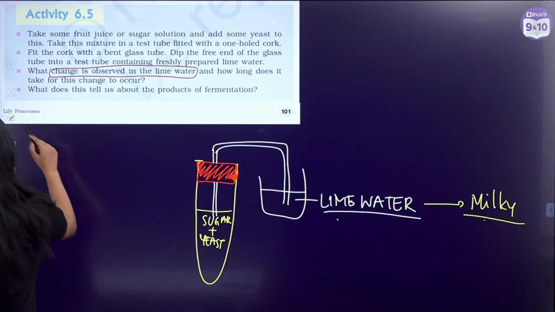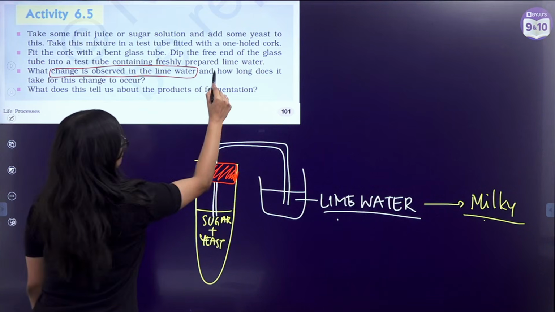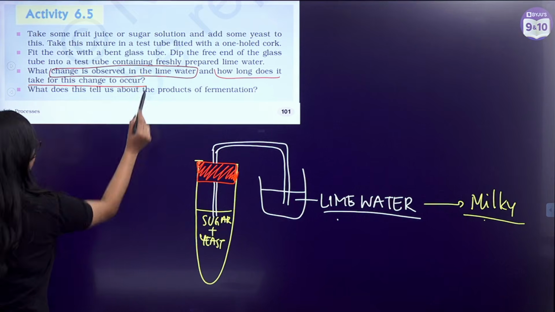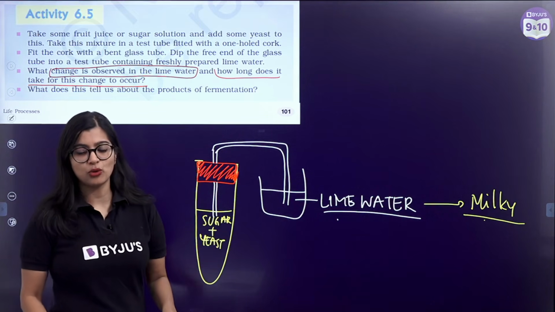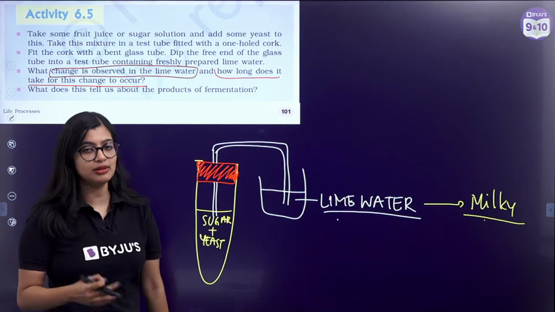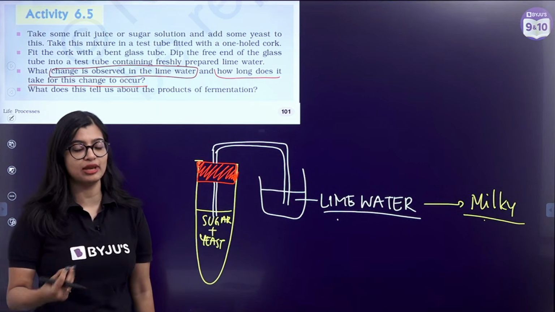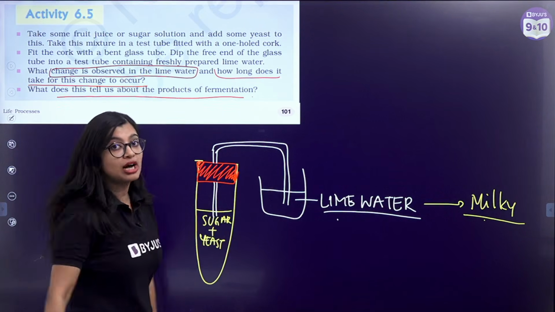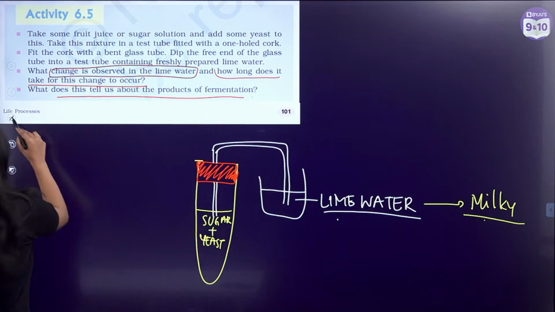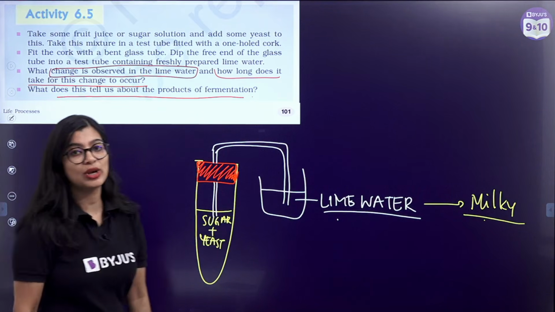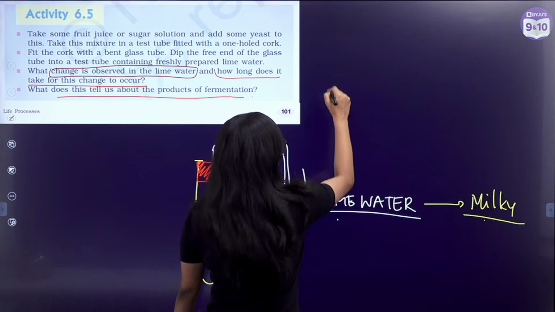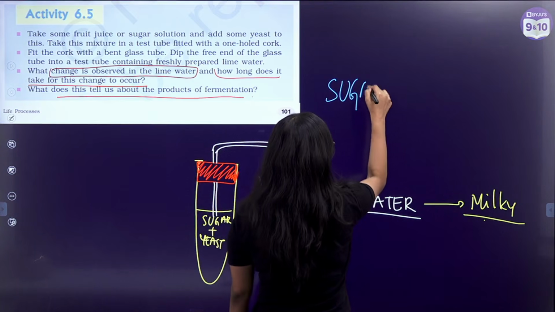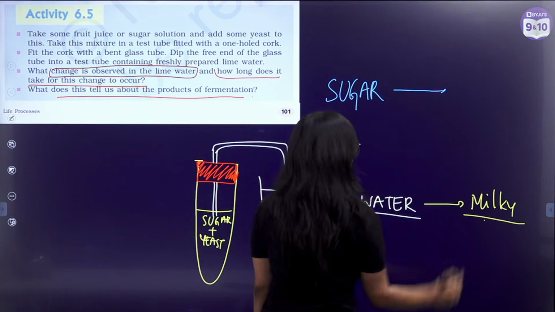Second part of the question, how long does it take for this particular change to happen? Now this is going to take some amount of time, right? It's not like it's going to be immediate, but we see that it takes a little bit amount of time for this change to happen. What does this tell us about the products of fermentation? That is the third question. What does it tell us? We know that in fermentation, sugar is broken down, right? In the temporary absence,